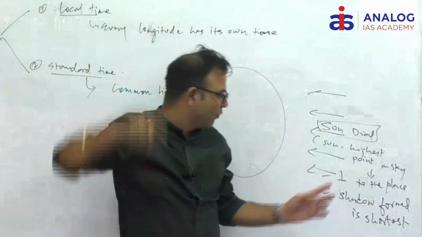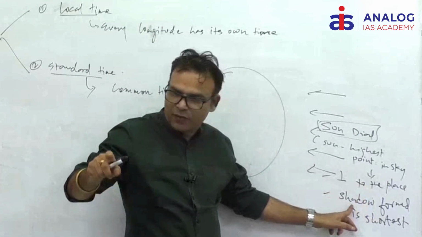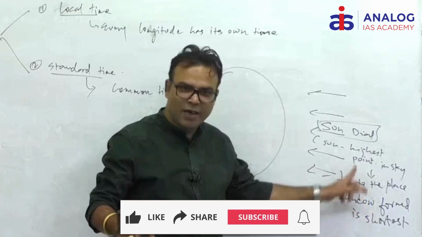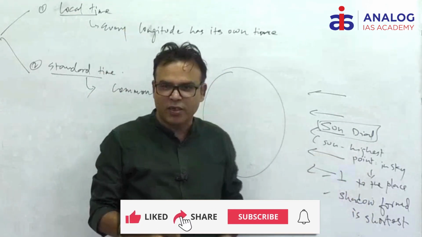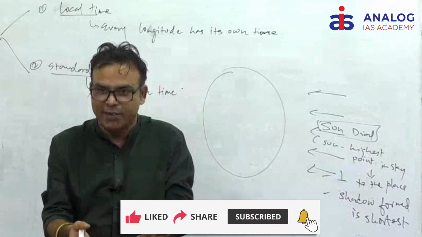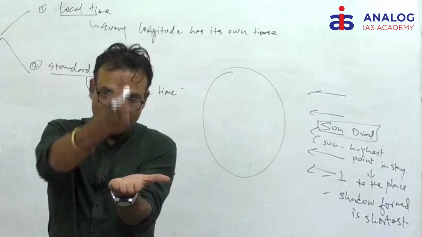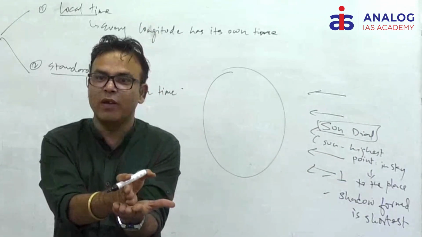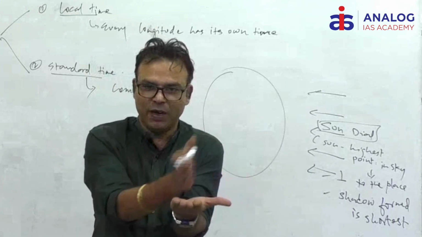When sun rays fall vertically on the place, the shadow cast by the object is what? Shortest, and the sun is at the highest point in the sky. That time is fixed, that's called 12 noon. At Ujjain, how does the Vedic clock operate? There is a line, longitudinal lines are marked. When the sun rays fall on that, the time is fixed as 12 noon. And before becomes what? AM, and after becomes